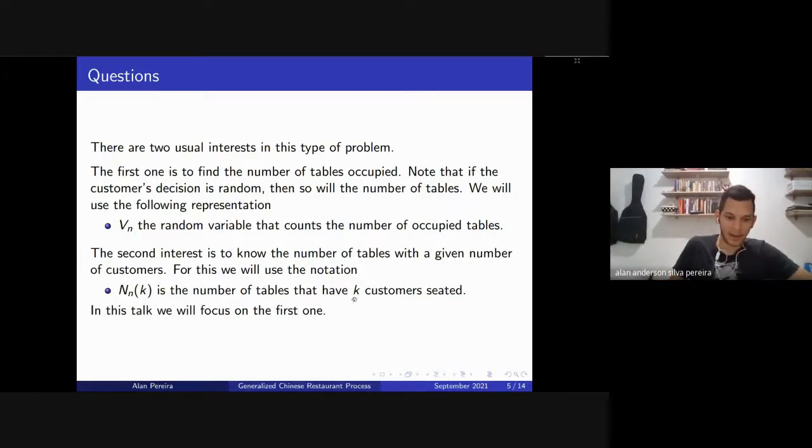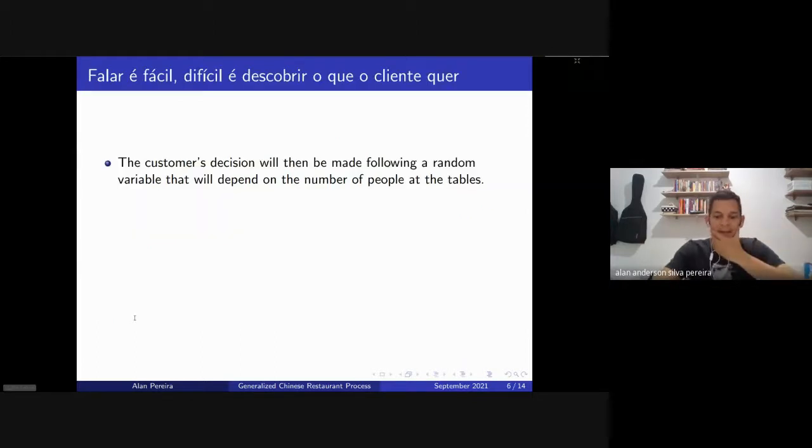And the paper on which this is based considers these two random variables, but here we will talk about the first one. The idea for the second model is similar, but there are some lines that are different. Okay. So now let's talk. I see now that I used the wrong version of the PDF.